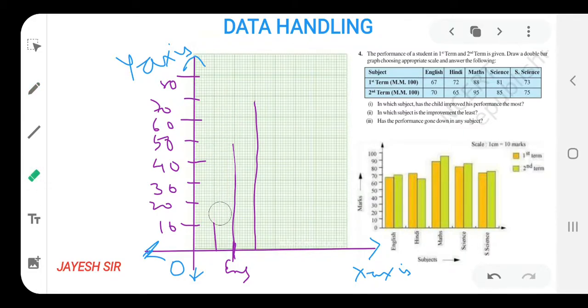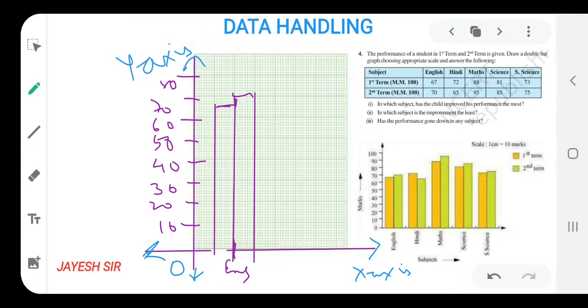As I am not drawing a straight line because it might be difficult for me, then also let us try to draw 67 over here. This way it would be 67. And next it would be 70. Yes, so afterwards we will join this line and this line over here, so that we can find that for the first time it is 67 and for the second it is 70. So I think you all might be getting the idea of how to draw.